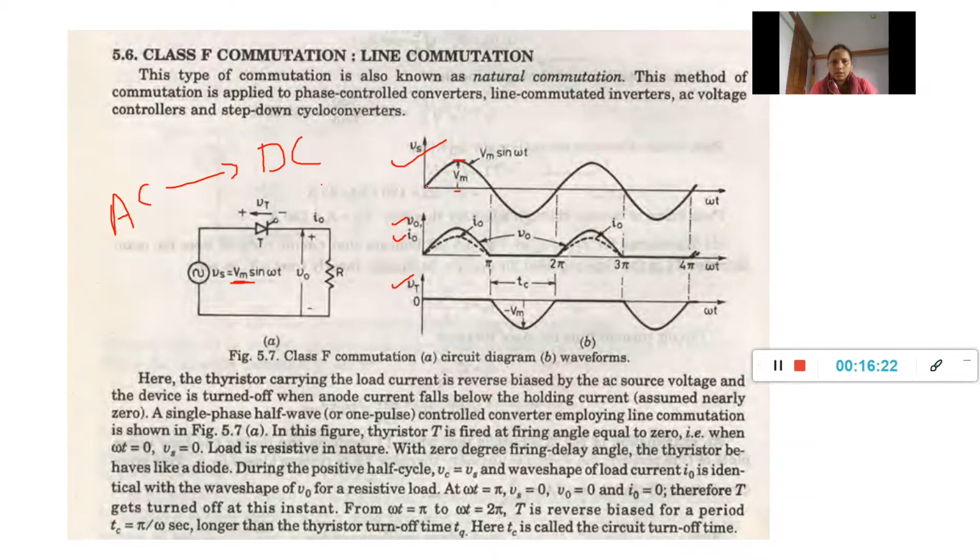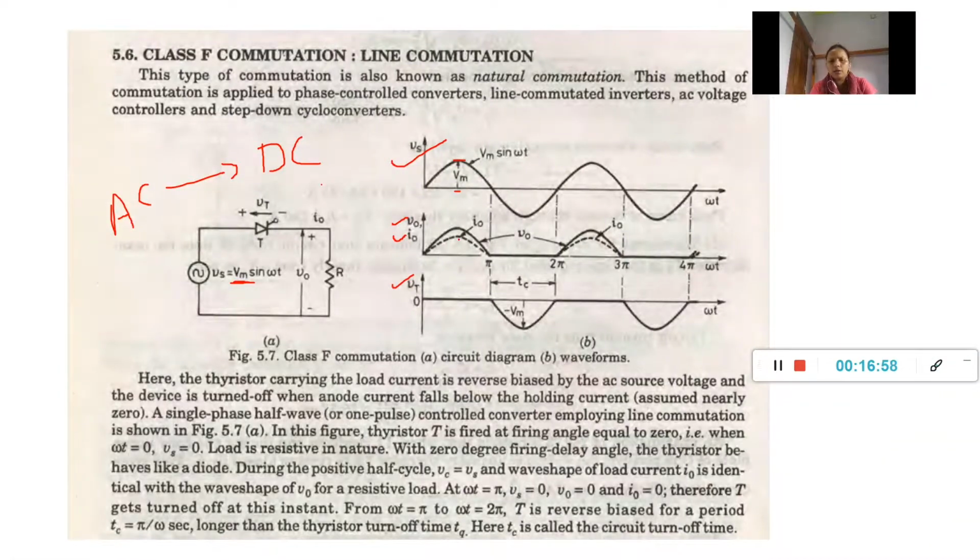When we give a positive signal, this is the positive half cycle, then there is a formation of the load current and load voltage. So this is the waveform of load voltage V0, because whatever the source is, that is totally applied across the load. That's why this is the V0 waveform. And according to that, the I0 waveform is also there, because the load current, the output current, will flow through the R load.